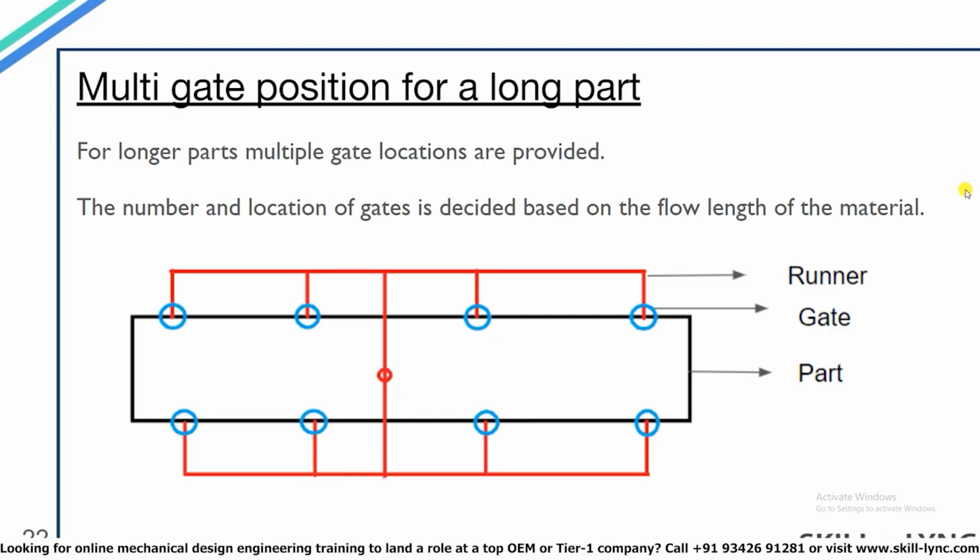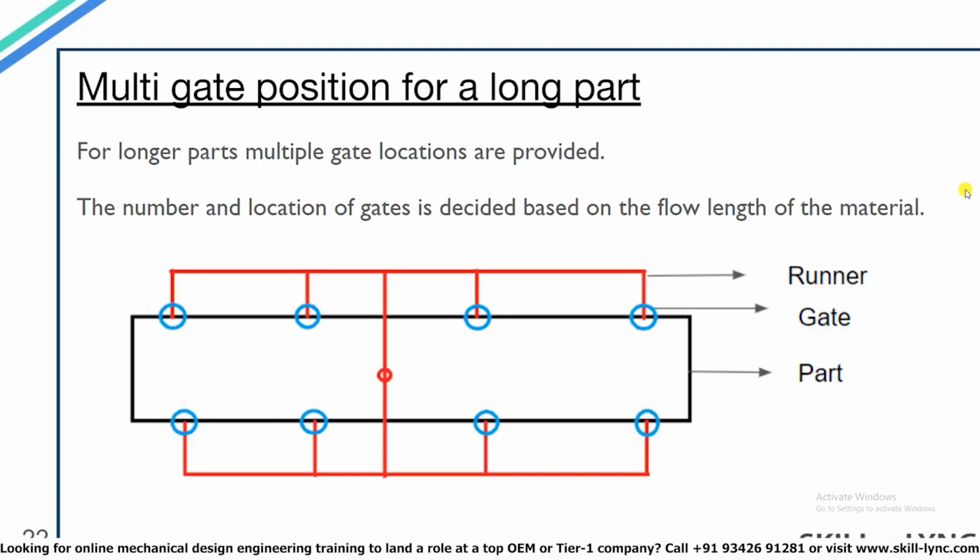Flow length is the distance after which the molten material will solidify. For example, in the diagram below, let's assume the length of the part to be around 1500 mm. And let's say we know that for the given wall thickness, the flow length is 250 mm. Here, since the length of the part is more than the flow length, we will have to provide additional gates. So if we think of providing 8 gates, we can check that 1500, the total length divided by 8,